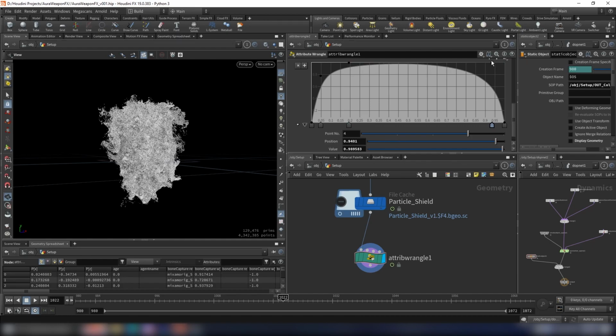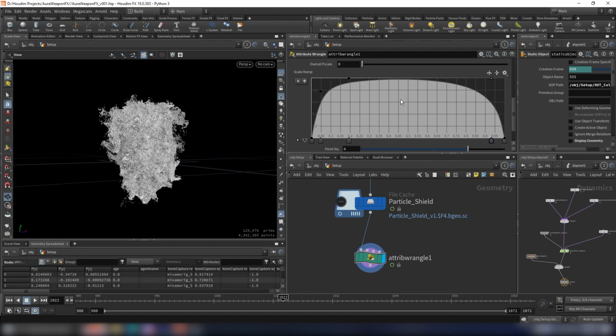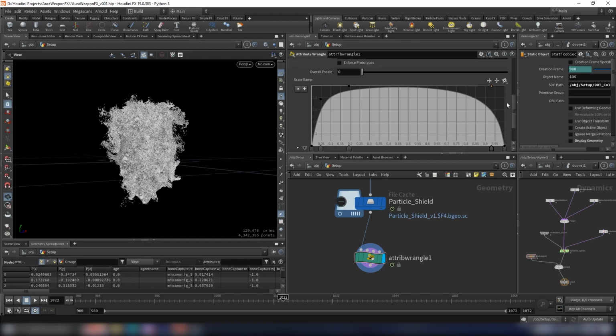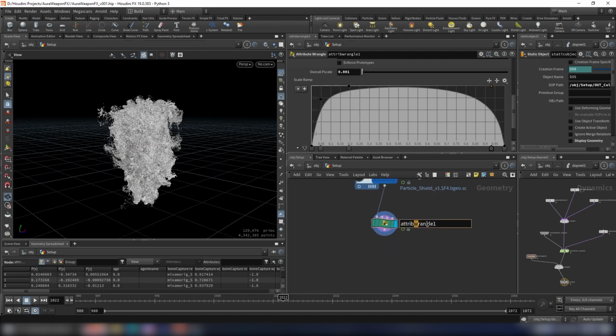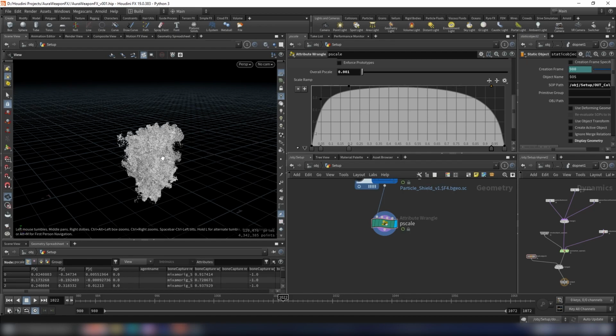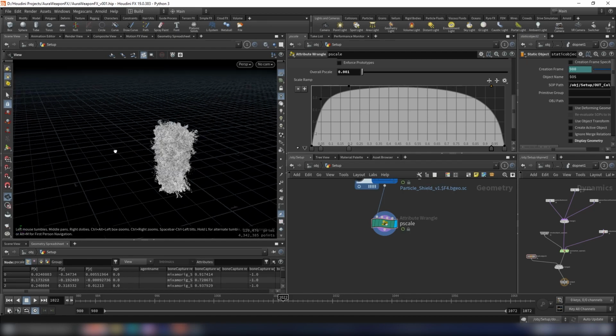Okay, so I think this p-scale ramp should be fine. And for the overflow scale, maybe I will type 0.001. Maybe we will alter this number when we actually render this, and I will name this p scale. And okay, so we have simulated this